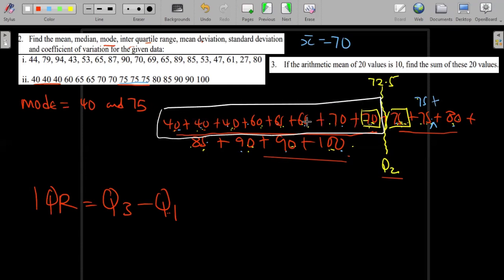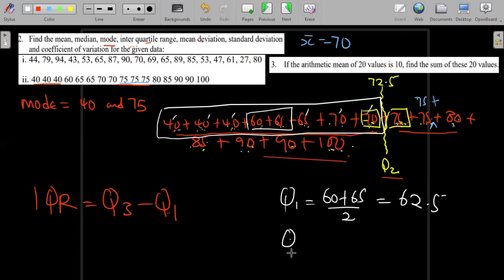So we have 8 values there, so we are going to have 2 values in the middle. If we do the canceling, I cancel this with that one, this with that one, this with that one, I'm going to remain with 60 and 65. So my Q1 will just be 60 plus 65 divided by 2. So this is going to give me what? 60 plus 65 divided by 2. Okay, it's giving me